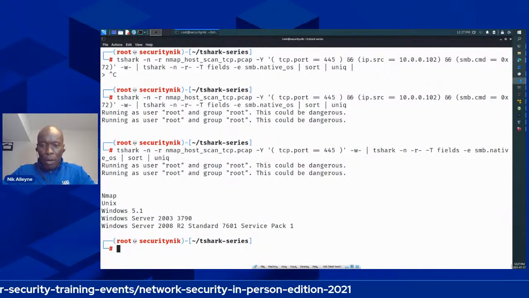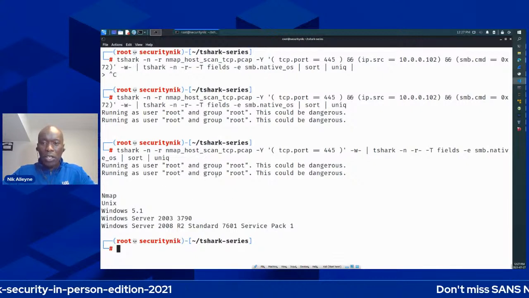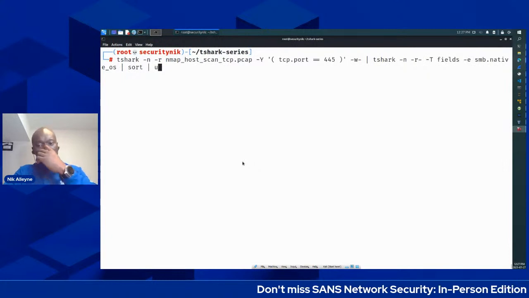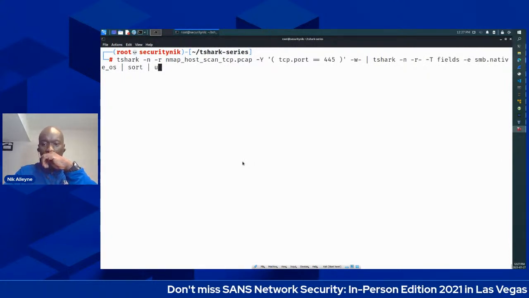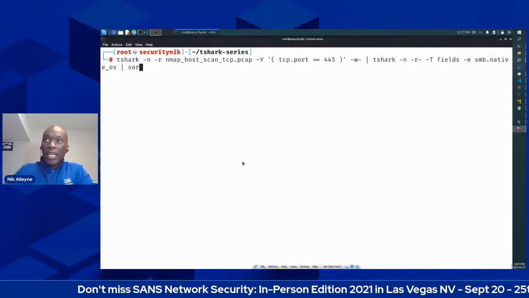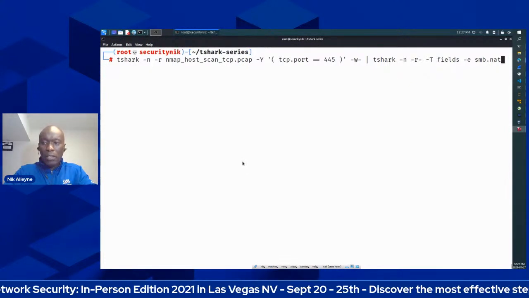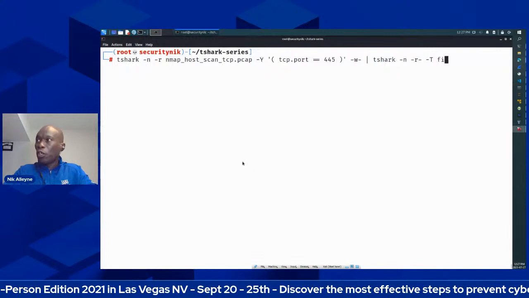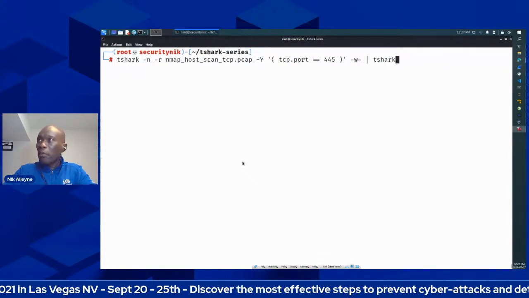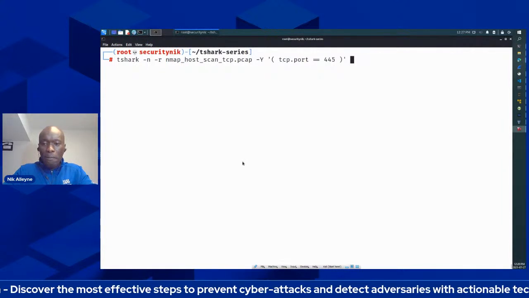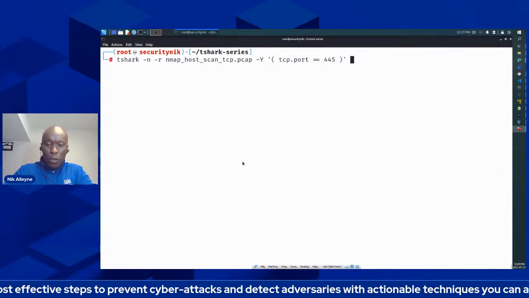Now, let's wrap up with this one here. And this is an important concept for you to keep in mind also. All right, let's say we wanted to find where SMB version 1 is being used in our environment. We want to find where SMB version 1 is being used in our environment. So what we can do here, we can say port 445, and specifically, I want you to show me,